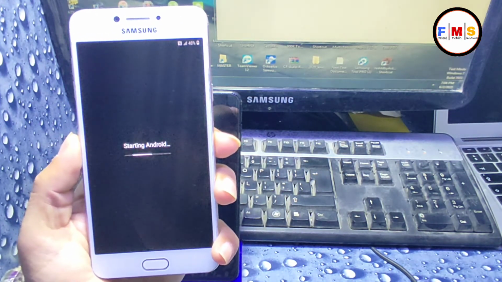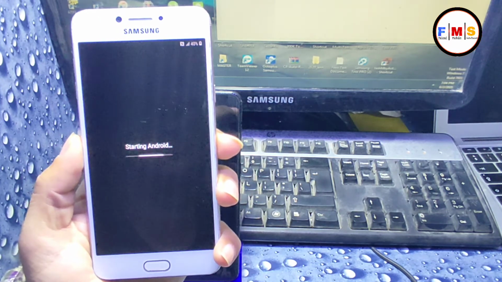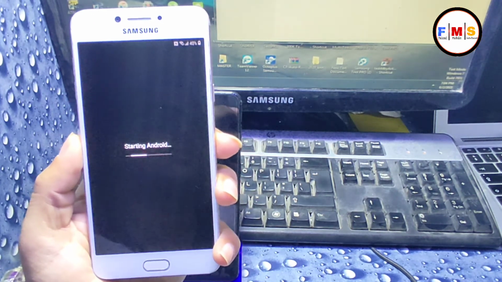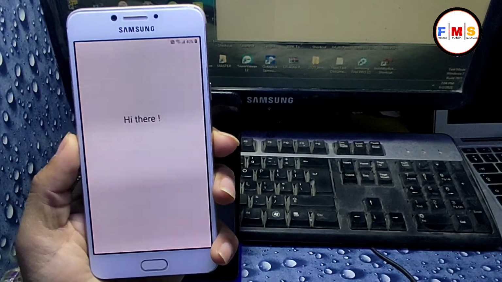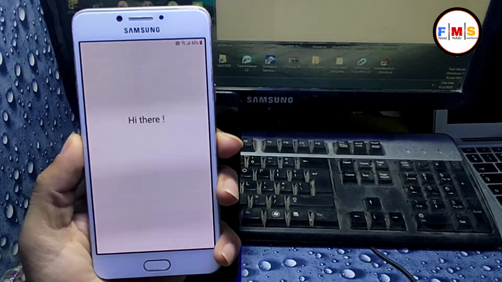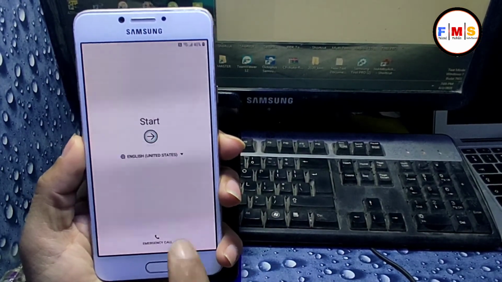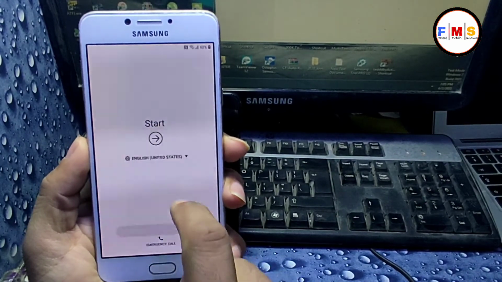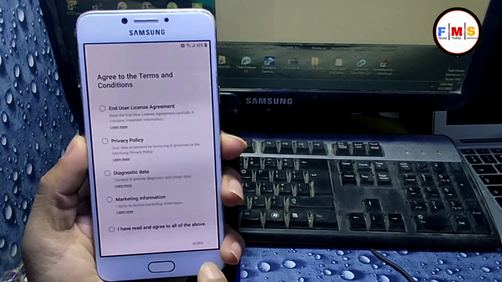And we are almost done here, and our phone is going to start. As you can see, our phone is started up, so I need to set up it fast. So when I finish the setup, I come back to you.